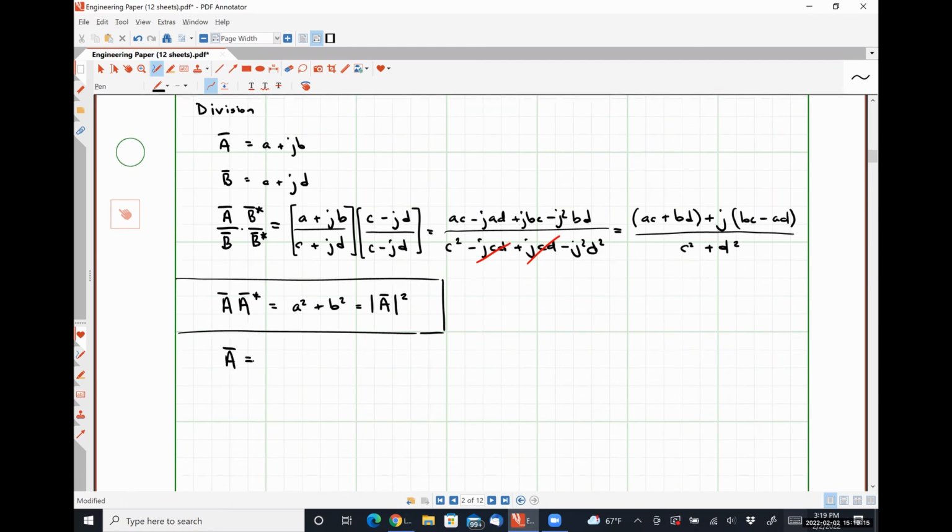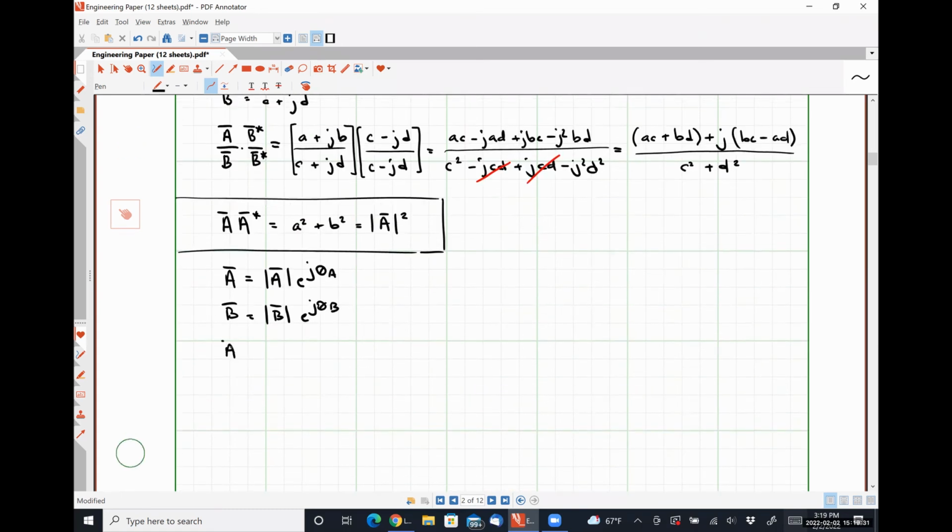So if we have A is equal to the magnitude of A, e to the j theta A, and B is equal to the magnitude of B, e to the j theta B, then A divided by B is the magnitude of A divided by the magnitude of B, e to the j theta A divided by e to the j theta B, which can be simplified as the magnitude of A divided by the magnitude of B, e to the j theta A minus theta B,